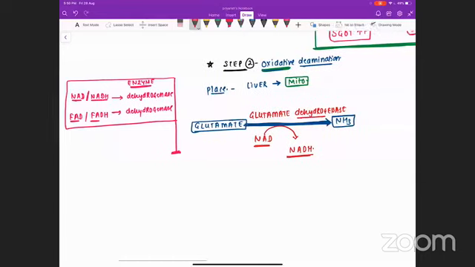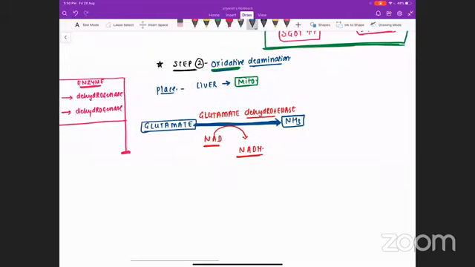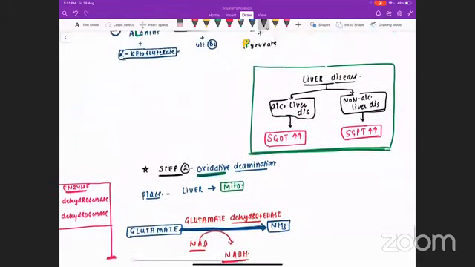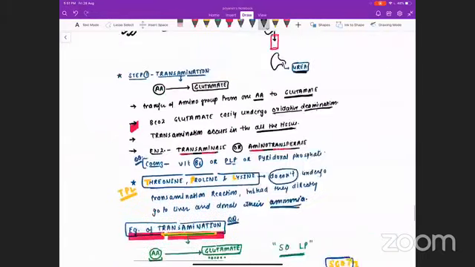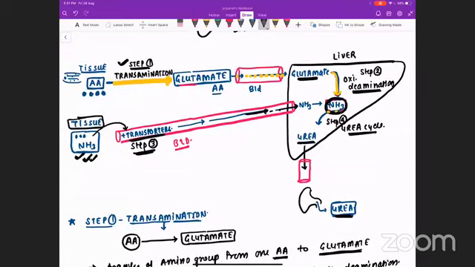This is how the glutamate is going to donate the ammonia in the liver. Now, once the ammonia is donated, then step 3 will be, see what step 3 is. If you see the flow chart, step 3 is basically, we need to transport the free ammonia. I am just scrolling up to the flow chart so that you can identify step 3. I am highlighting step 3 with the green color. Step 3 is, there are some reactions which can generate a trace amount of ammonia in the tissue itself.